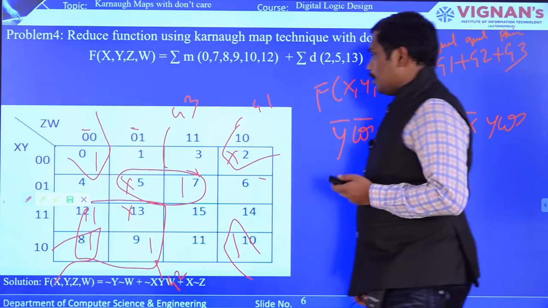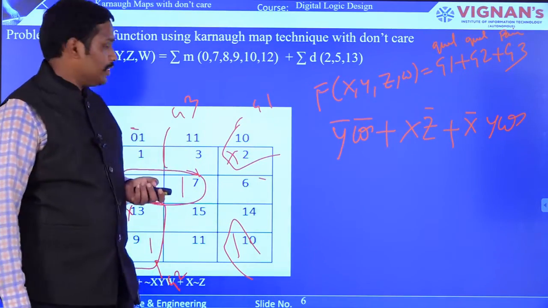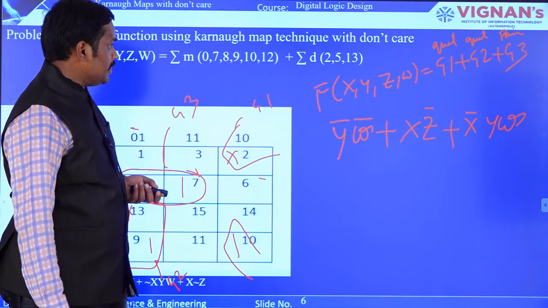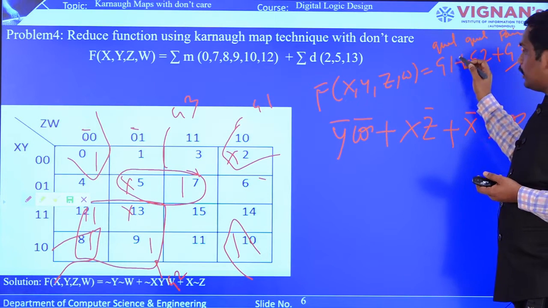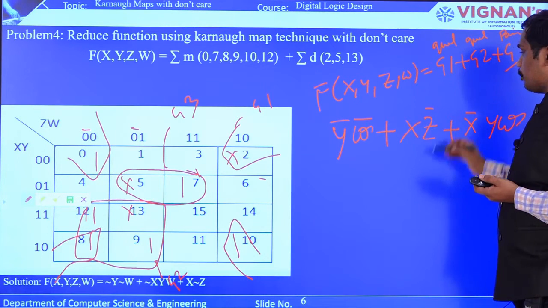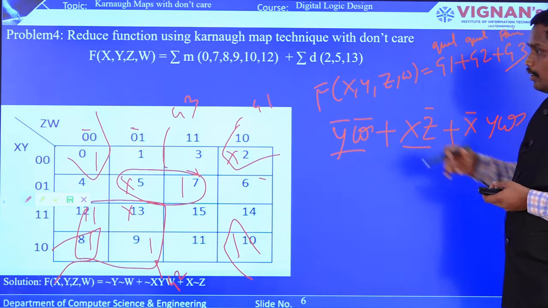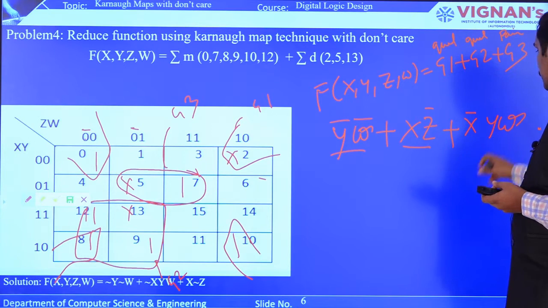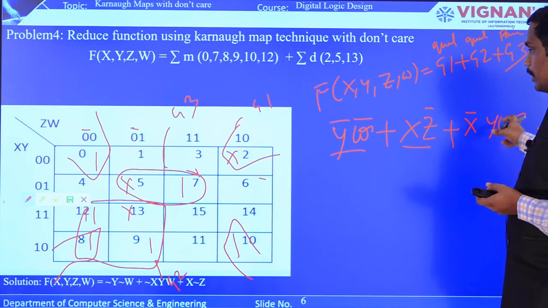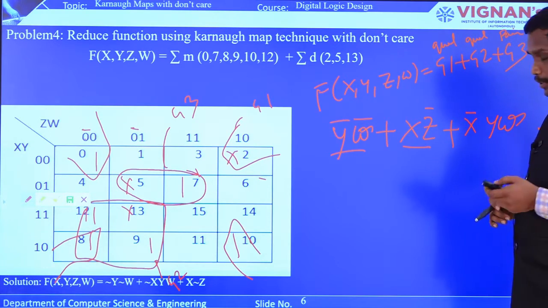So this is how you are going to construct a simplified expression for the given expression. In a pair one variable will be removed, and in the quad two variables are removed. That is the reason why you will get the expression in such a way that two variables are removed, that is X and Z in this case, and W and Y in this case, and in the pair only one variable is removed, that is Z. Okay, this is how you have constructed an expression.